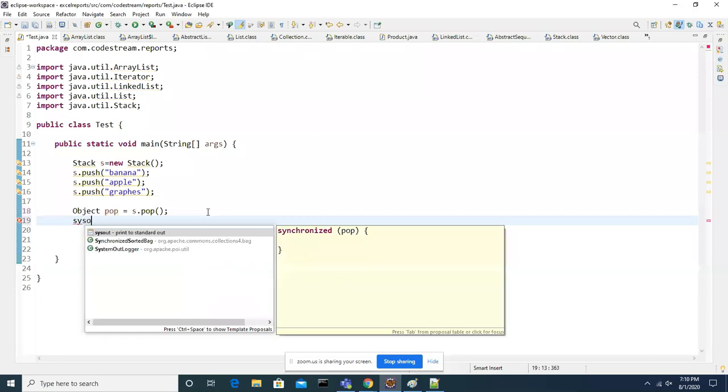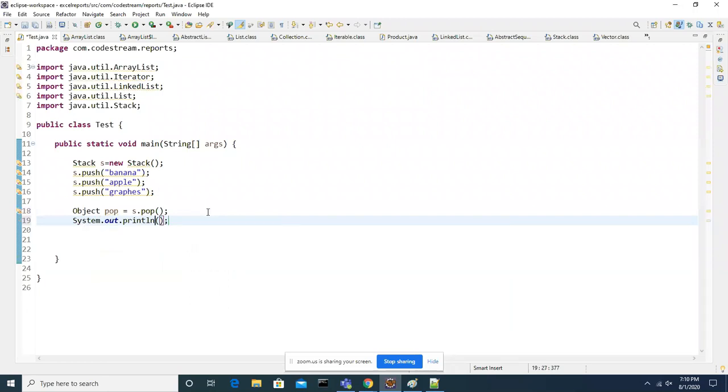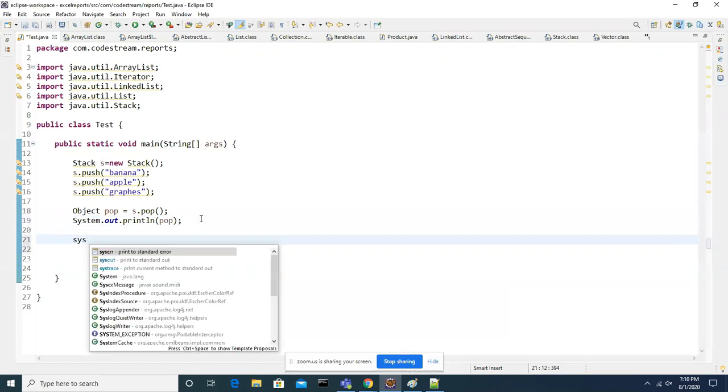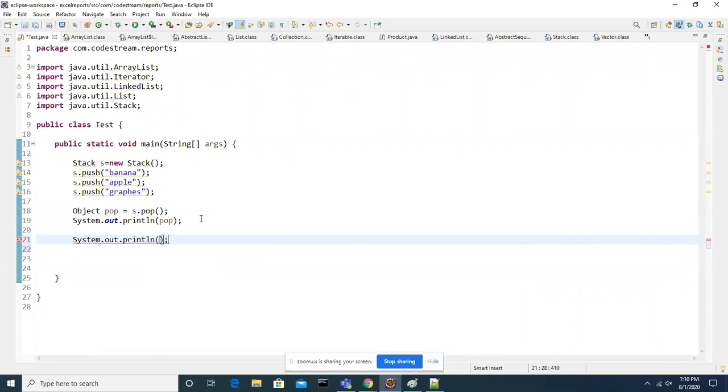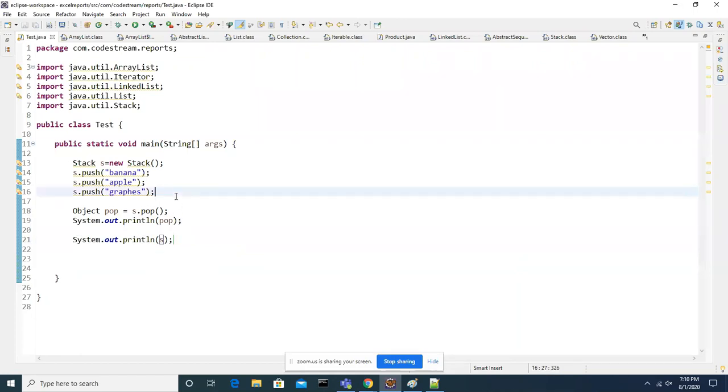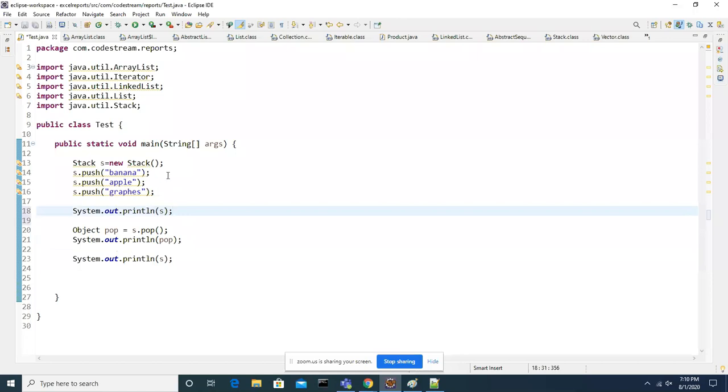For timing, I'm just getting the element. What is the popped element? I'm just displaying it. And finally, I'm going to display this S also. S means stack. So this S, I will display once before the pop method, and once after the pop method.